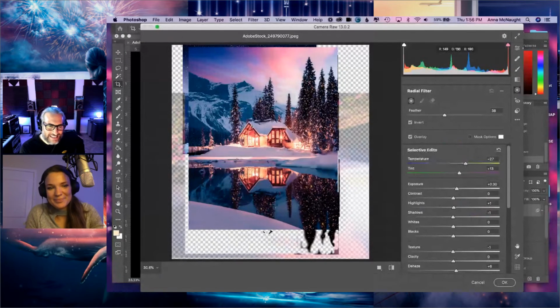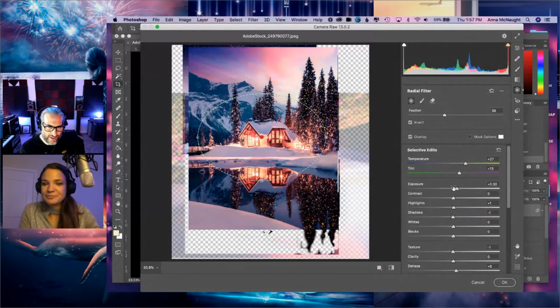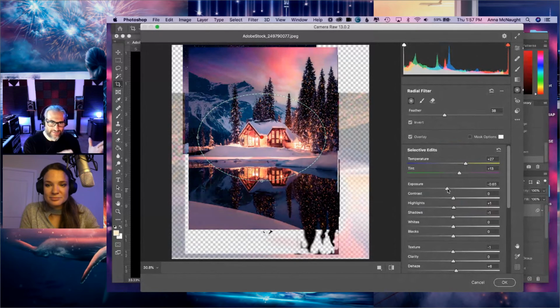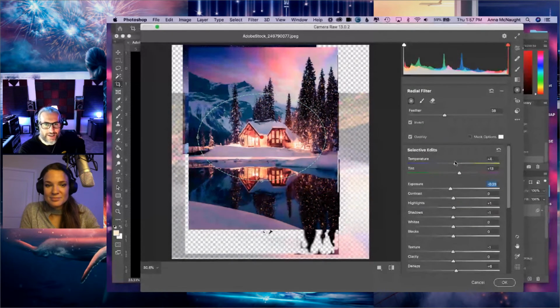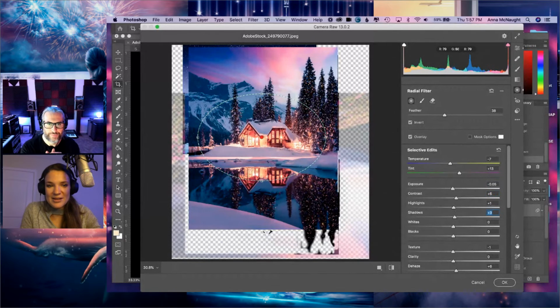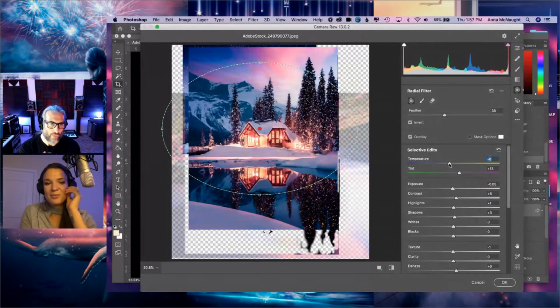And you know what? Those last couple of changes, I'm paying attention to the reflection. I'll be excited to see when we click back out and see it fully processed on the image there. But I think you just blended those reflections with these new color changes even better now. That's what I always love about putting everything into Camera Raw, is that it blends all those changes that you made. And I know some people do it by just adding a ton of different adjustment layers, but I really love this: destroy it, compress it, put it in one layer, and then edit over top of it. And it gives it that final look.